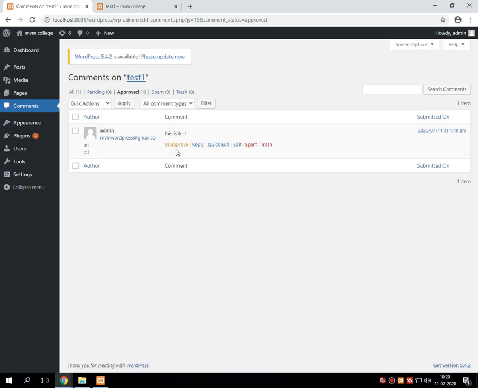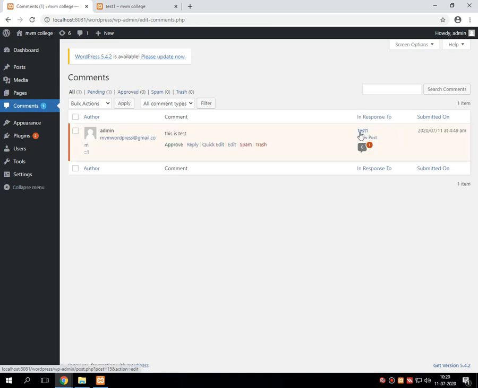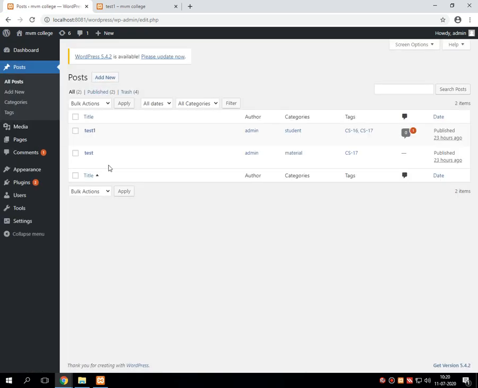That comment can be unapproved, replied to, quick edited, marked as spam or trashed. So suppose I am selecting unapproved, then automatically that particular comment will be displayed as an unapproved comment in the comment section for the particular post.